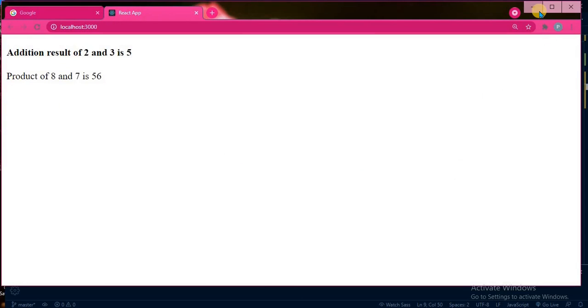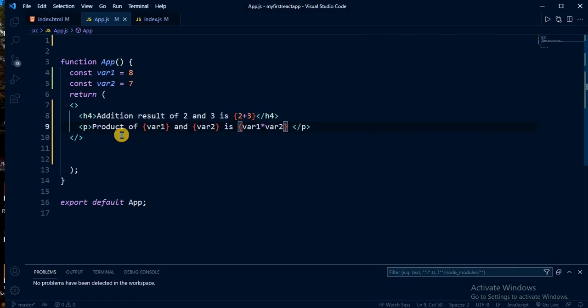This is how you can write. So JSX is quite simple. We can use it to write HTML, and we can insert various expressions we wish to. So this was all about the functional component that we discussed. In a functional component, we use the keyword function, and the name of the component should start with a capital letter, and inside this functional component we are returning some JSX elements.